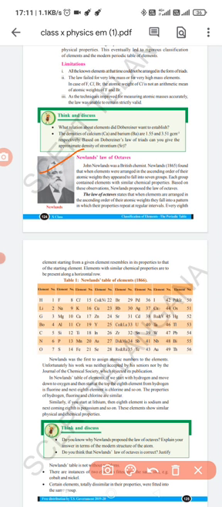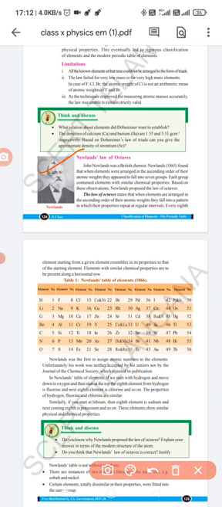John Newlands was a British chemist. Newlands found that when elements were arranged in increasing order of their atomic weights, they appeared to fall into 7 groups. Each group contained elements with similar chemical properties. Based on these observations, Newlands proposed the law of octaves. He said that